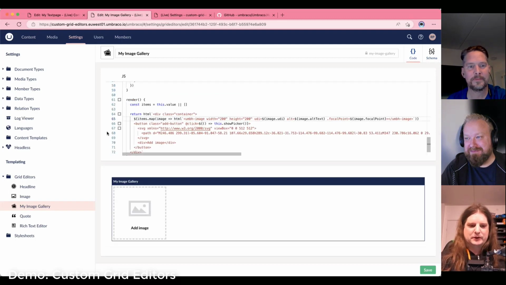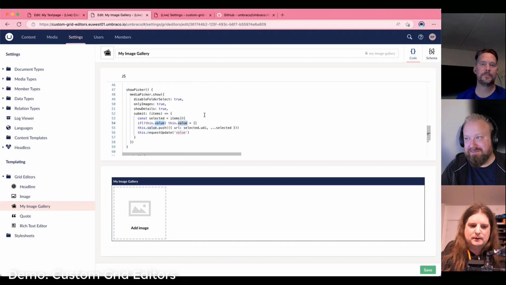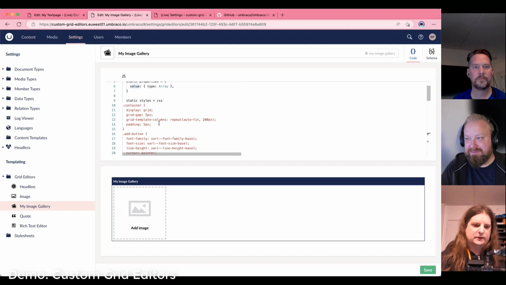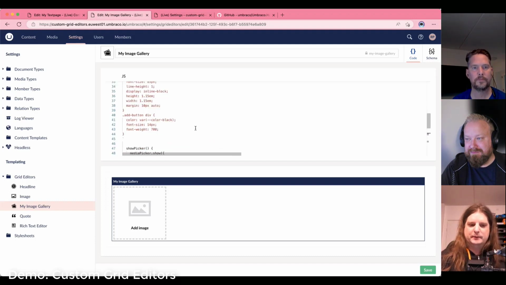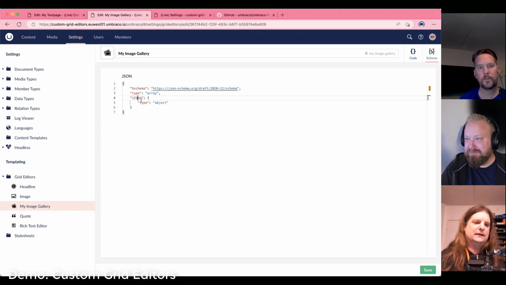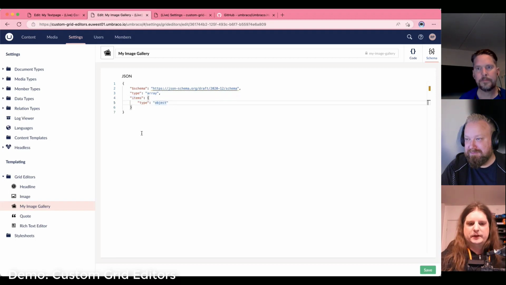If we go back to our code and look at what we actually have in our values, our value is an array, right? That's also why we specified up here that we want it to be an array in Lit Element. So if we change the type to an array, and then specify that the items inside this array are objects, this is using a standard JSON schema to describe